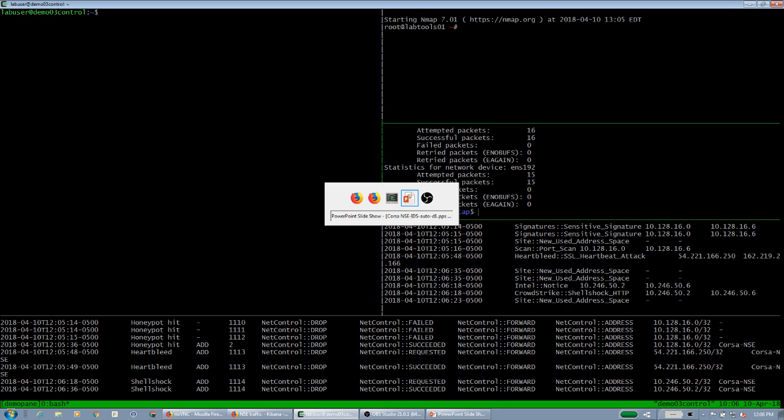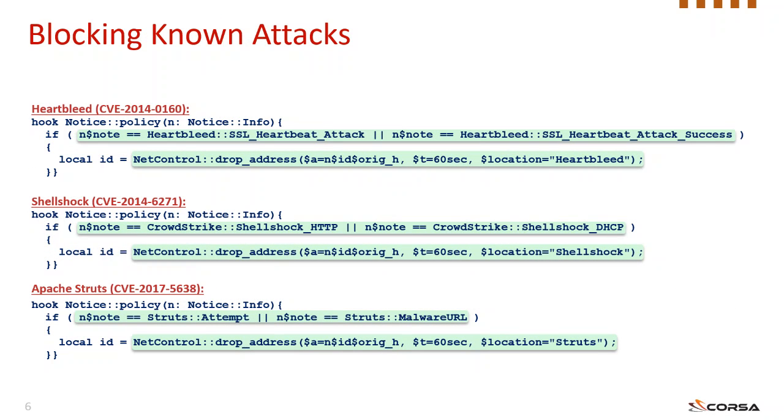So here are 3 Bro scripts that automate mitigation of common exploits. Each mitigation script is based on a community-developed detection script. These detection scripts generate notices when an exploit or attack is detected. Each mitigation script is just a hook on the relevant notice event. When the detection script generates a notice, the hook is executed and calls the Bro NetControl framework to install a